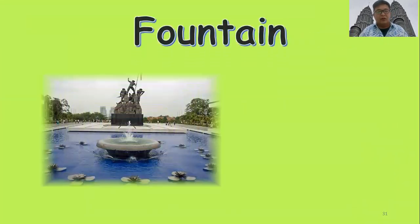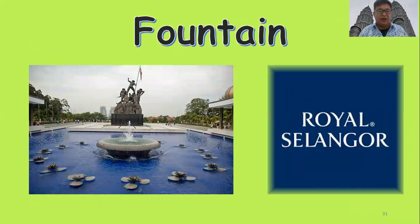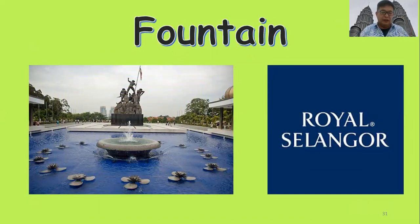Right in front of this pavilion, you find this very beautiful fountain. In this fountain, you find these lily flowers. These lily flowers are actually made from pewter. This pewter is actually donated by our country's most popular pewter